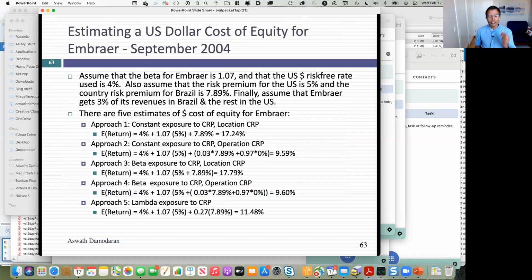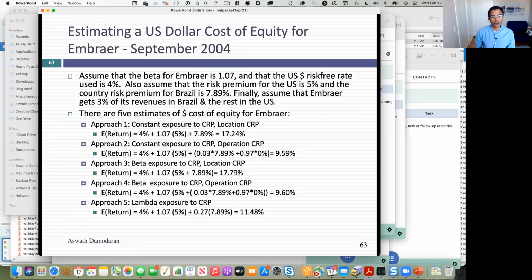So let's see how these approaches would play out in your cost of equity. The end game here is to get a cost of equity. I've given you different ways of computing the equity risk. You can do it with betas, with lambdas. Let me take Embraer in September of 2004 and show you how the numbers would be different using the different approaches. If I use the standard investment banking approach, and this was in 2004, the country risk premium for Brazil, the extra amount I was charging, was 7.89%. This was about 2 years after Lula had been elected. The country was viewed as very risky. The equity risk premium was huge. The 7.89% is the additional risk premium.